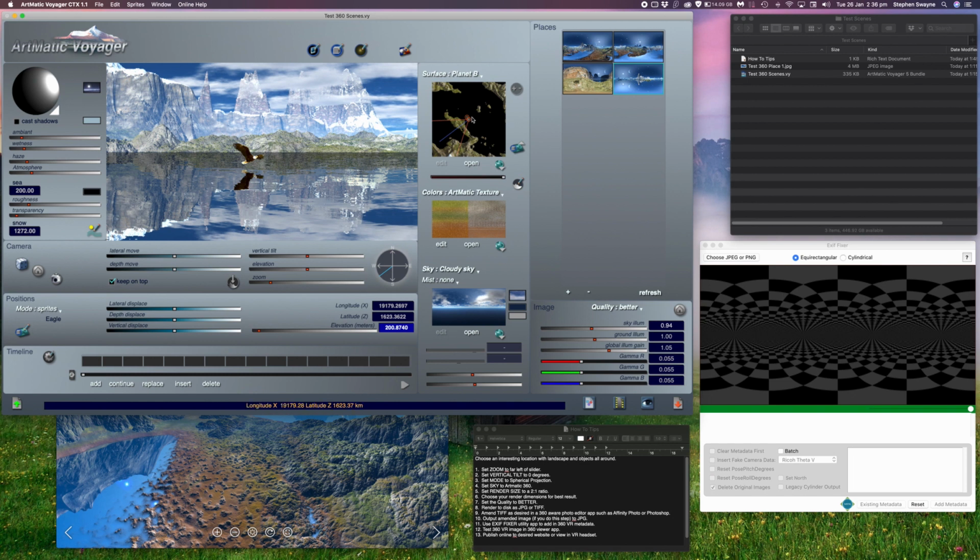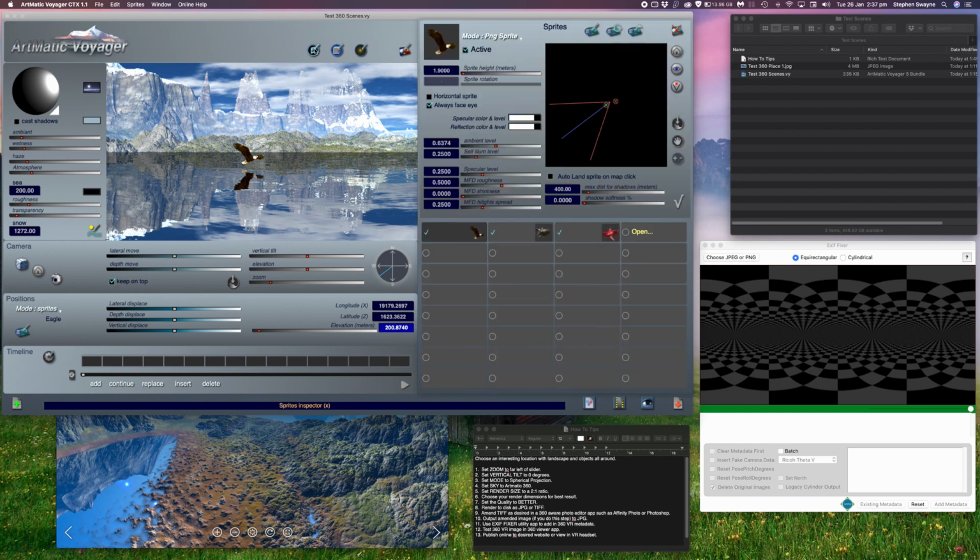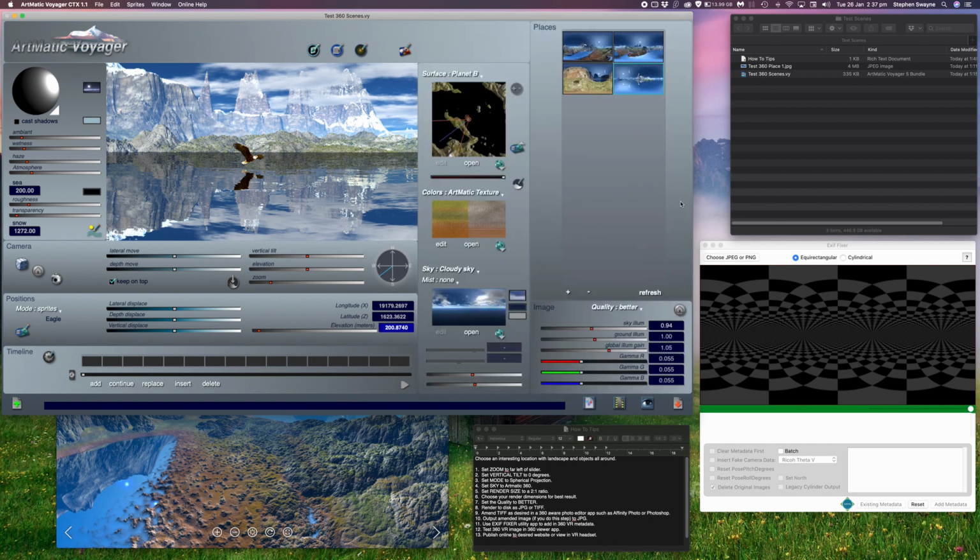So you can see here by the location, I've positioned myself near the coast, but with some islands and more land further away. So the way to set things up for a 360 is, first of all, if you're going to use the sprite editor, you pick a few sprites of interest and you want to sprinkle them around the camera. So what I've done here is I've put a bird close to the water surface for a nice reflection, and